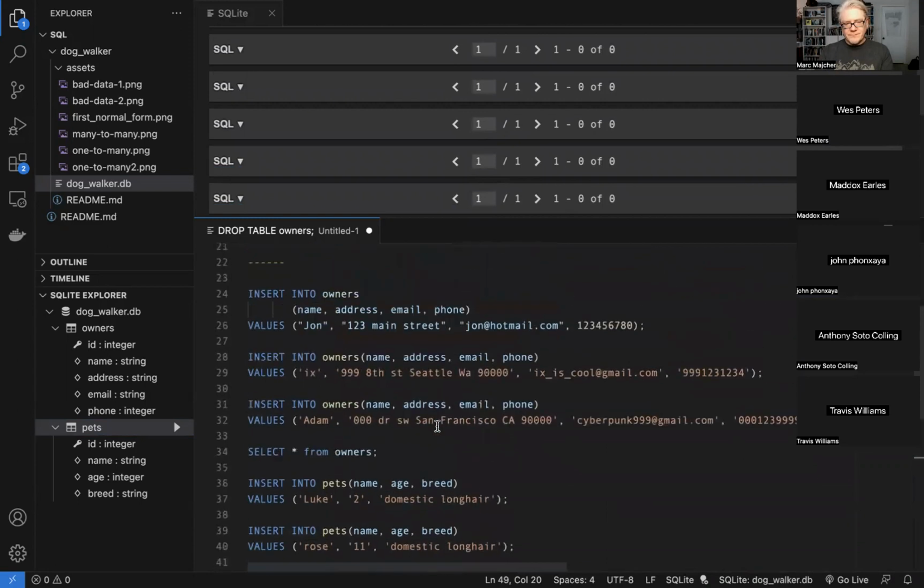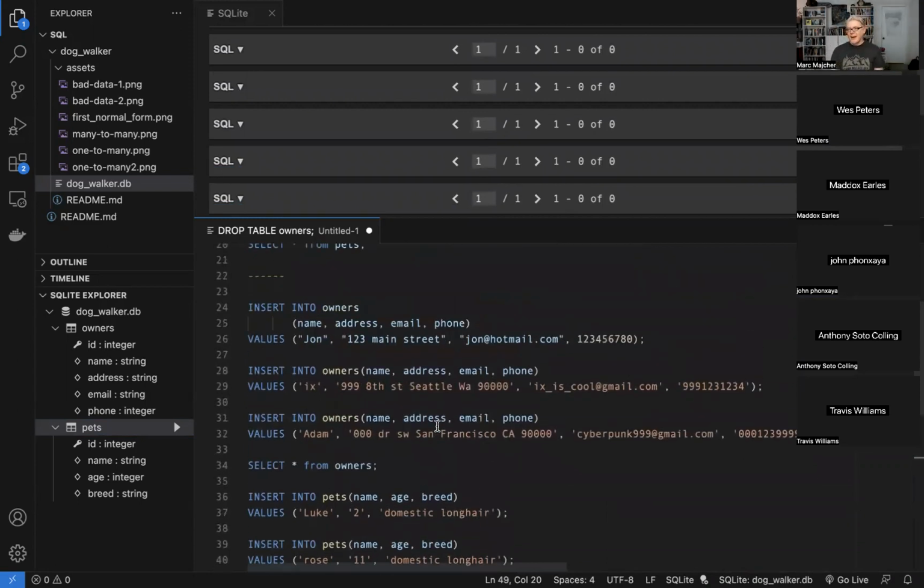Cool. So that's how we insert things. Basically, we insert them by saying insert into the table name, give the fields we want to insert, and then give the values. We don't have to insert a value for every field unless it's required. So if we just wanted to add the names of a bunch of owners, we could do that. Not incredibly useful, but sometimes it is. Oh, I see. They're in quotes and not.